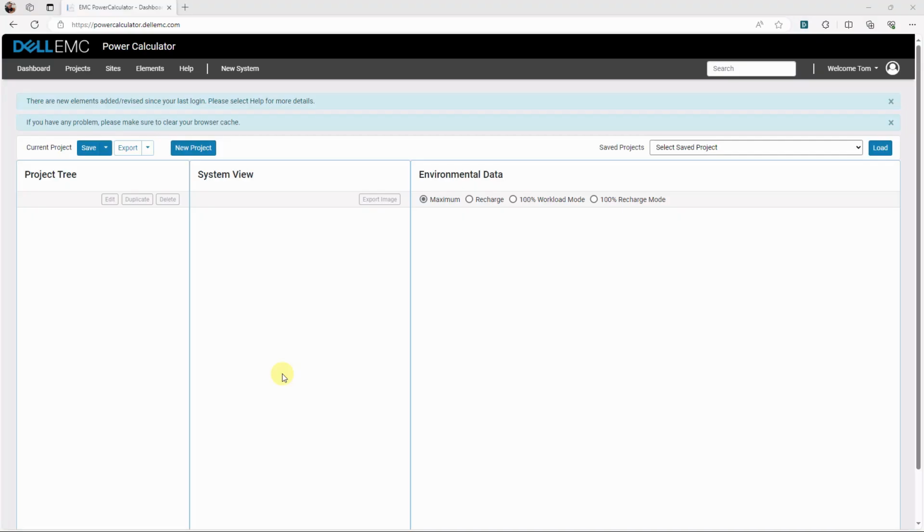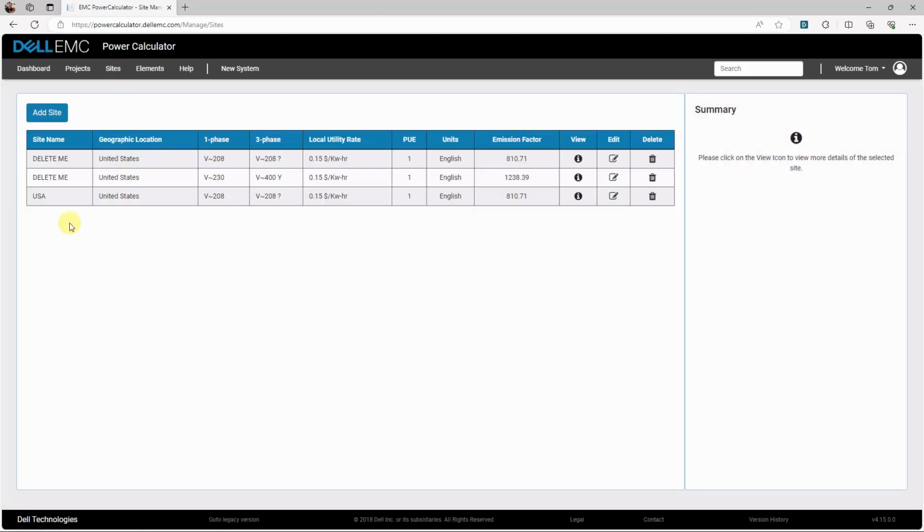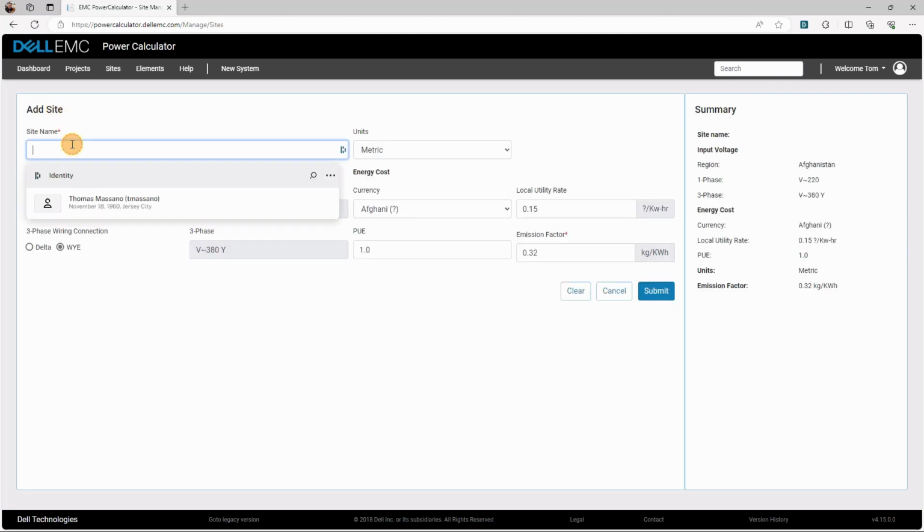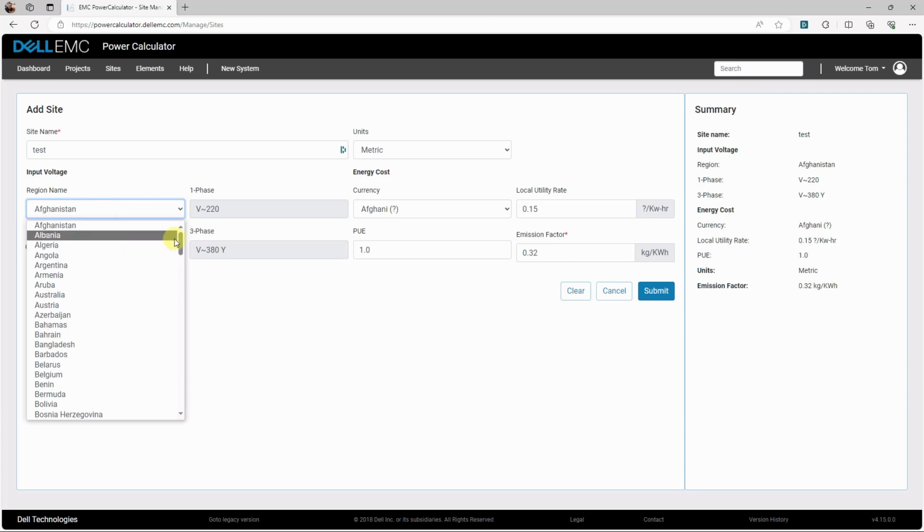Okay, once you're in the tool, you need to have a site. So you go to site. If you haven't created one already, you can add one. My default is USA, and this one site will handle both single phase and three phase. But to create a site, just click Add Site, give it a name, then pick your region or country, and